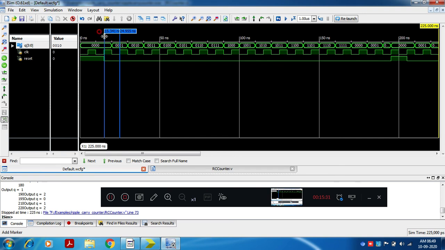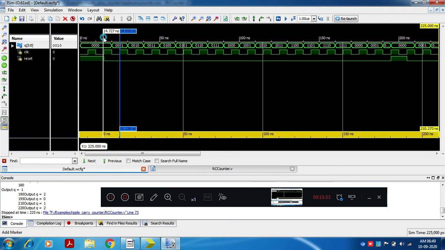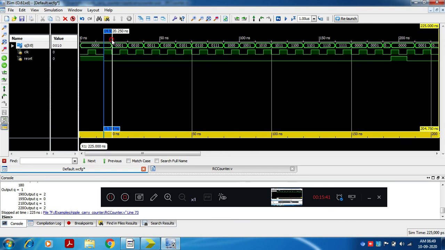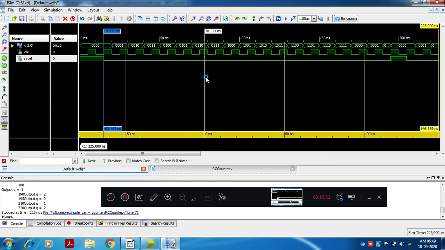Okay, around 10 time units duration. On every 5 time units, 5 nanosecond, the clock value is changing. And reset will remain 0 for how long, that also we will check.